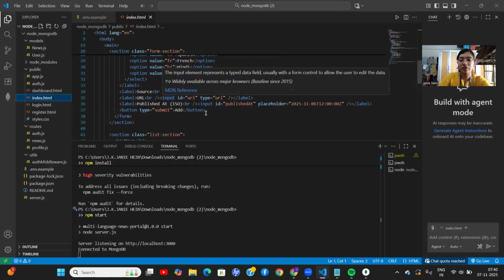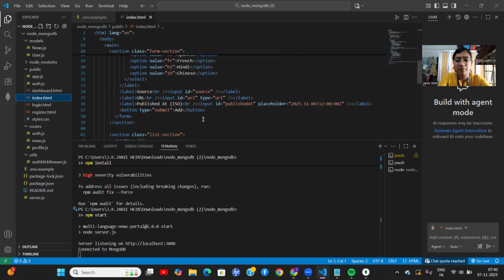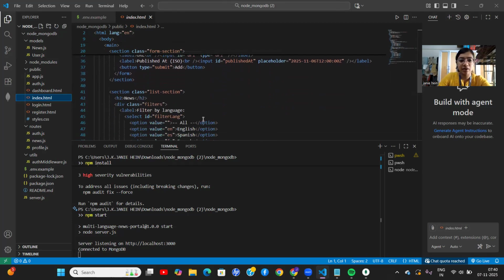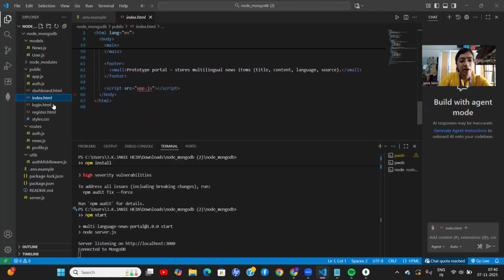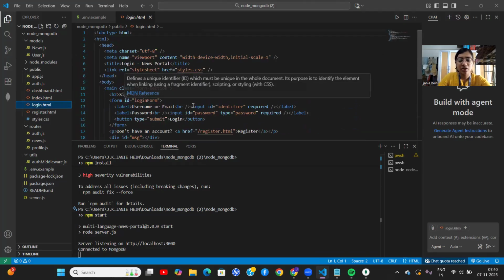And here the URL of the publication will be here. The source of the publication will be here. And the details of the publishment will be displayed here. So this is the code for it. Next is the login page. So here in the login page,